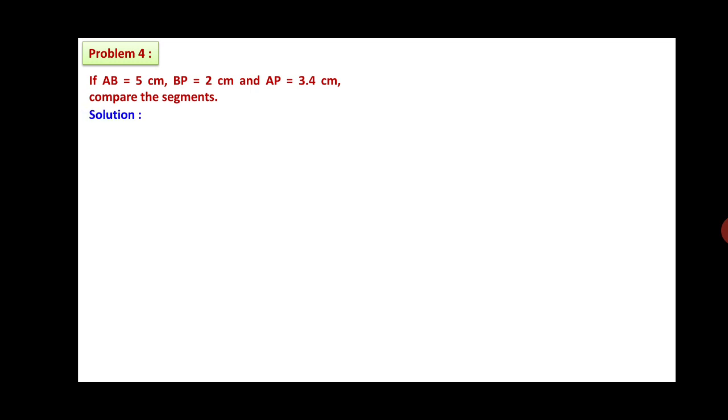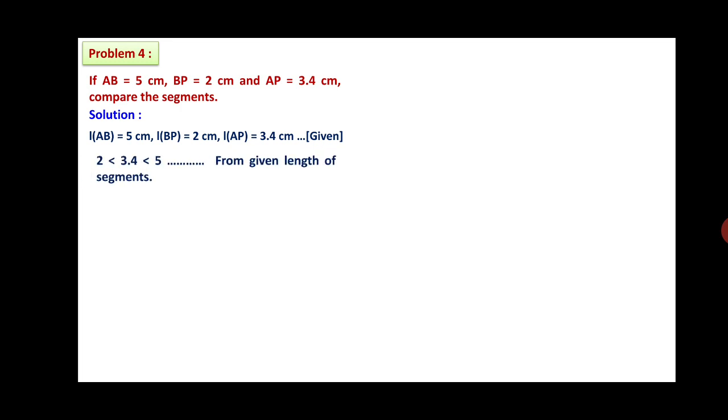Next, we will see problem number 4. If AB is equal to 5 cm, BP is equal to 2 cm and AP is equal to 3.4 cm, compare the segments, which is small, which is greater, that we have to decide. Friends, here length of AB is 5 cm, length of BP is 2 cm and length of AP is 3.4 cm. Given things,